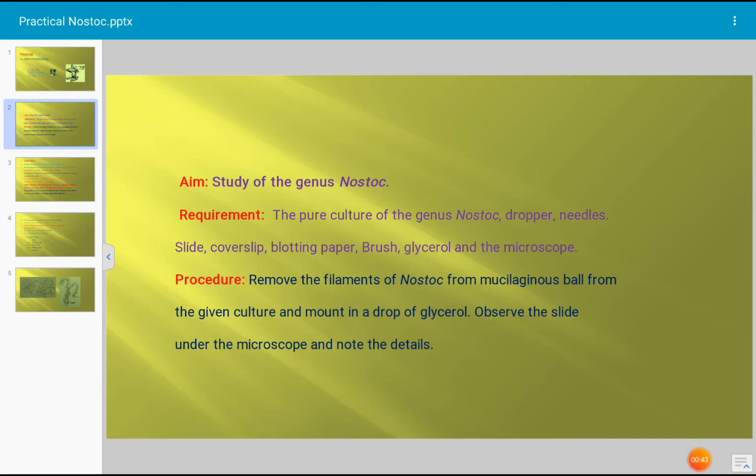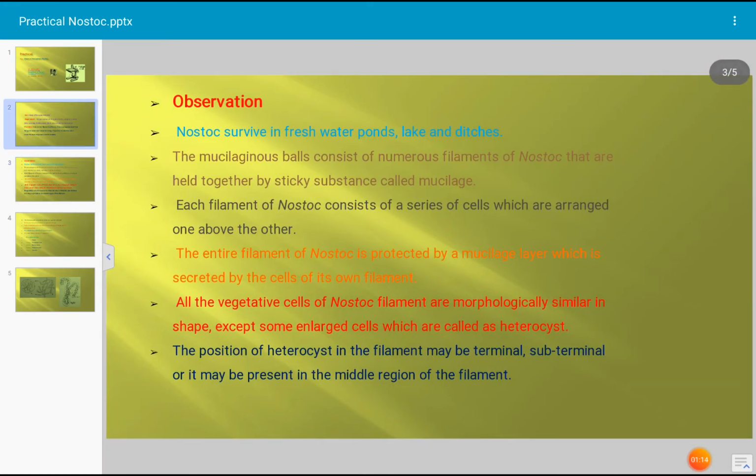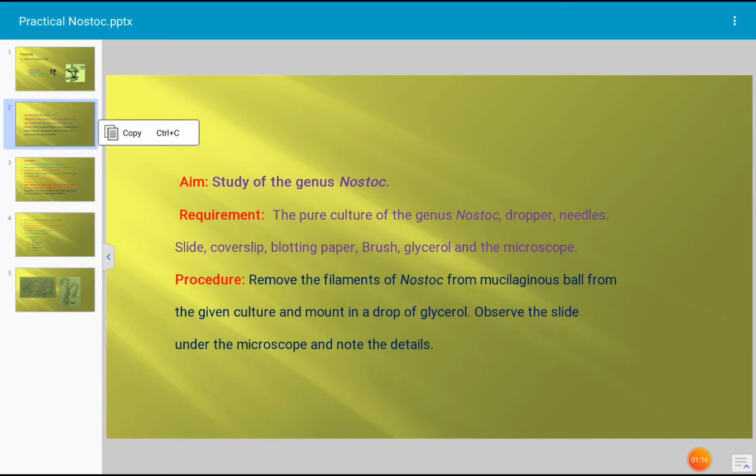What is the procedure of the practical? Nostoc culture is given to you. You have to remove a filament of the Nostoc. Nostoc is a filamentous, unbranched algae, and it always occurs in the form of a mucilaginous ball, a ball-like structure which floats on the water surface, which is sticky, and consists of Nostoc filaments. Those filaments you have to mount in